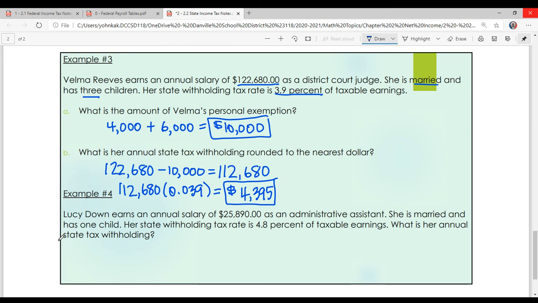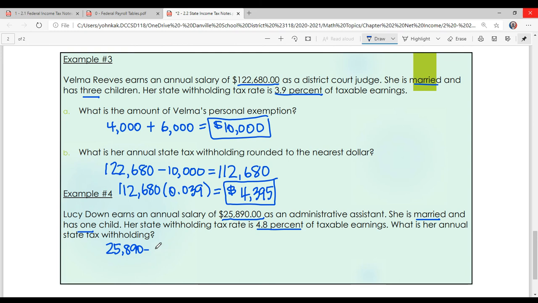All right, last example. Lucy Down earns an annual salary of $25,890 as an administrative assistant. She is married and has 1 child. Her state withholding tax rate is 4.8% of taxable earnings. What is her annual state tax withholding? Okay, so I can take her annual pay, which is